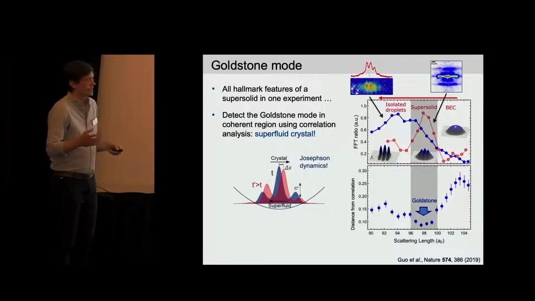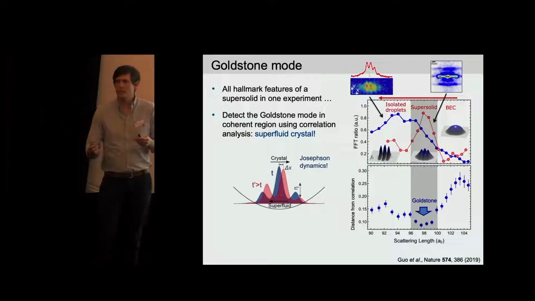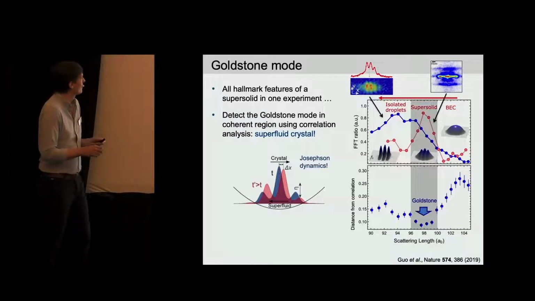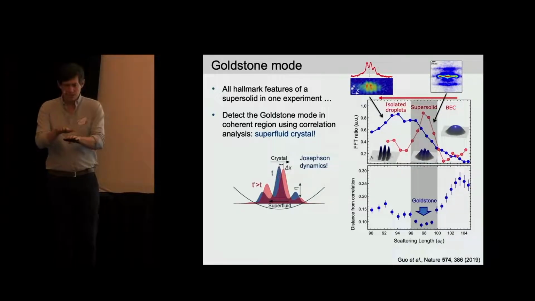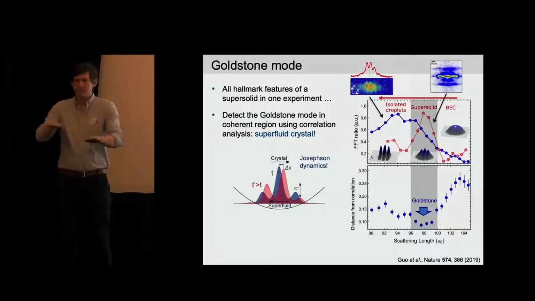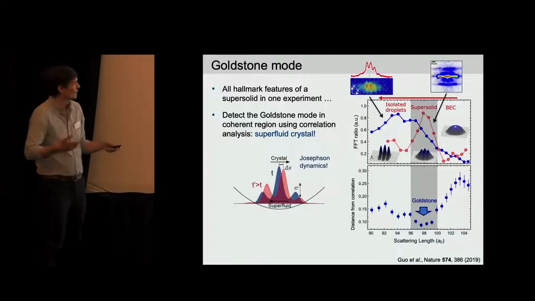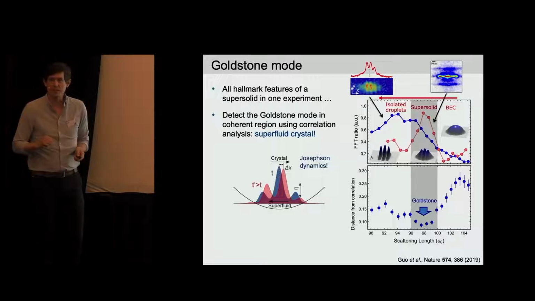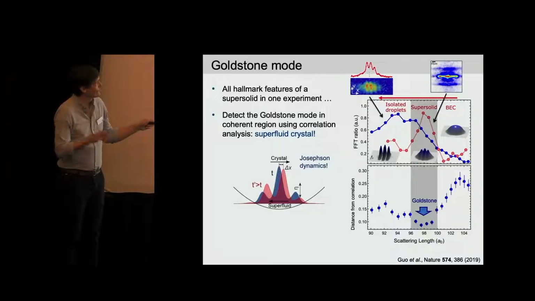using a correlation analysis. We can't just look at this mode because it's so low energy that it takes forever to oscillate. But there's a statistical analysis that we can do, because what happens in this mode is actually an out-of-phase oscillation between the BEC and the crystal structure. That's a thing, again, related to the trap. So this involves very obvious Josephson dynamics, so a hallmark of a superfluid. And we can basically look at correlations between the displacement of the crystal and the height of these droplets.